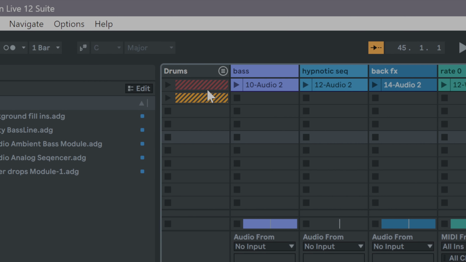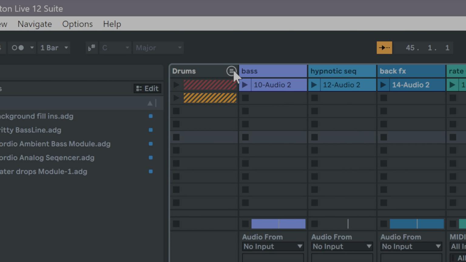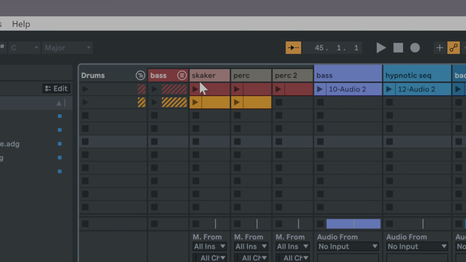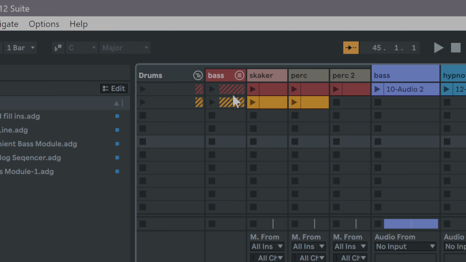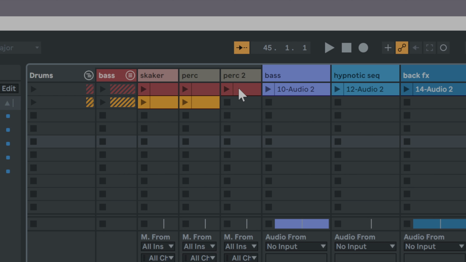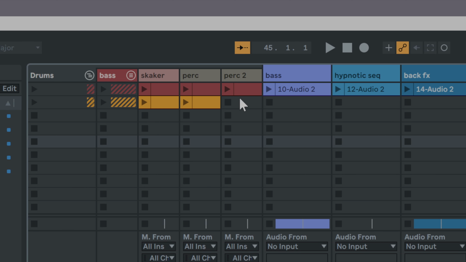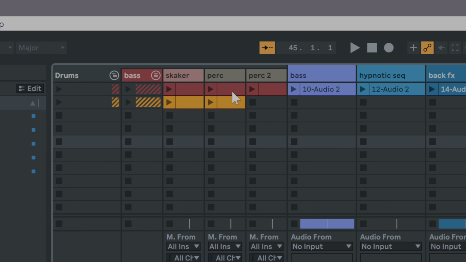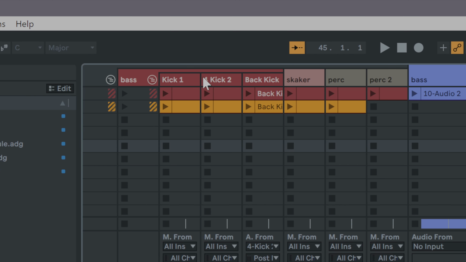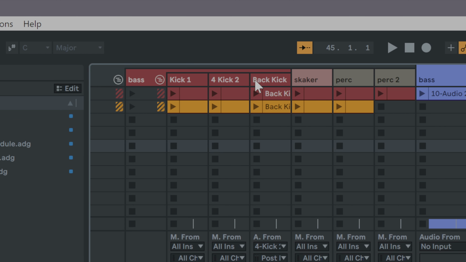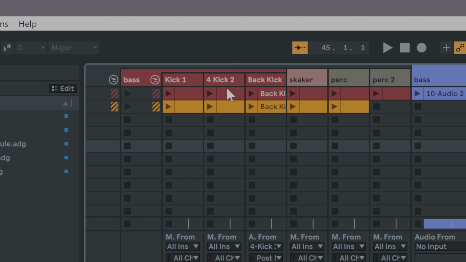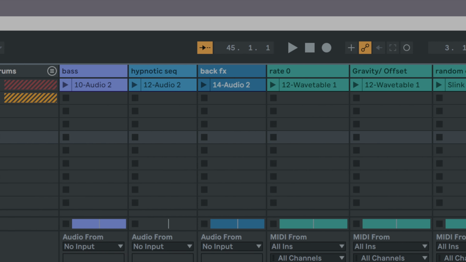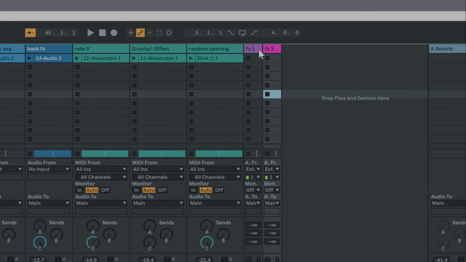And then here, my drum machine is filled up with a shaker and two different percussion loops. That's why I color them differently, because you have one here with some extra hi-hats coming, and here we cut them away. And that's already a little bit the philosophy that I want to show. Here in bass I have two kicks and a back kick, so it's a recording of that kick backward for some bass lines. So drums, FX, that's all you need.